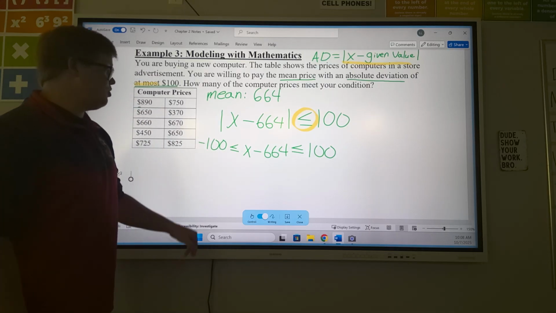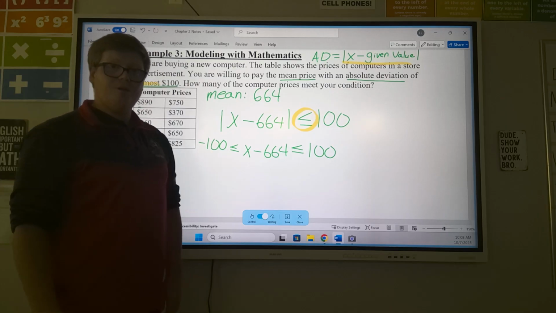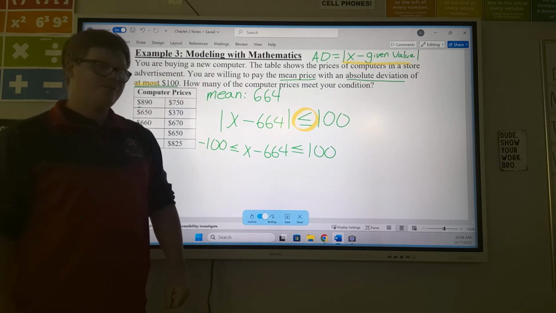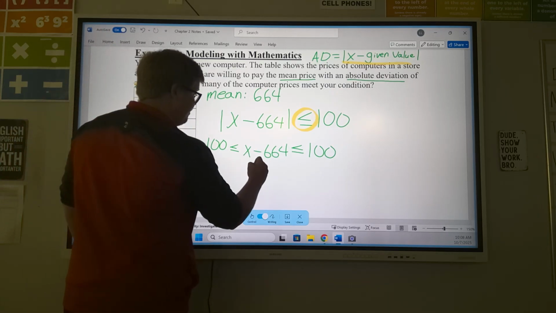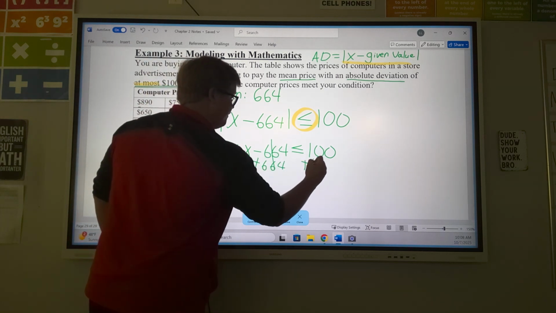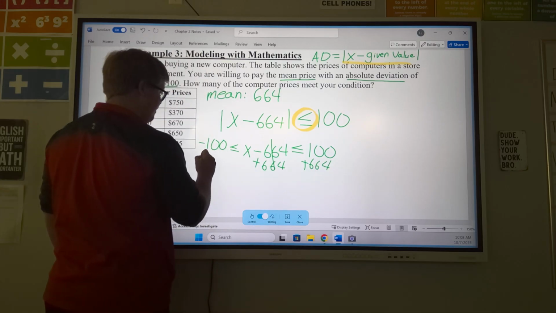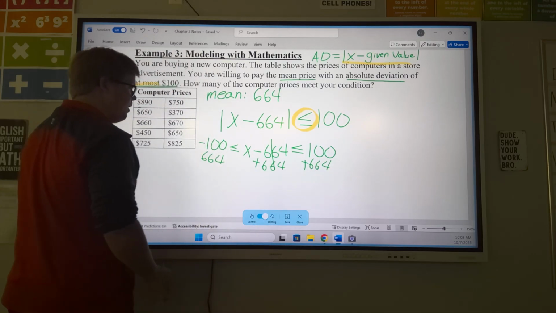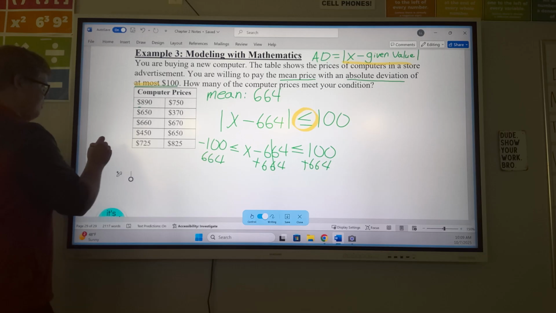Now, in this situation, we can solve for both negative 100 and 100. And all we have to do is get x by itself in the middle by adding 664 to everything. Okay, when you add everything together, your final answer